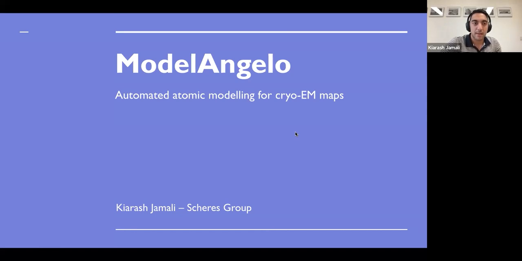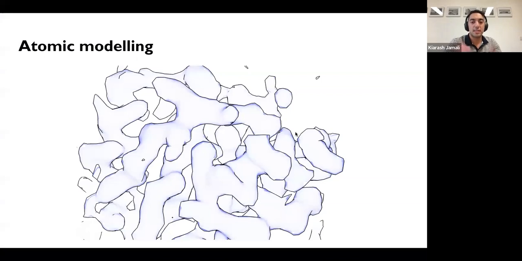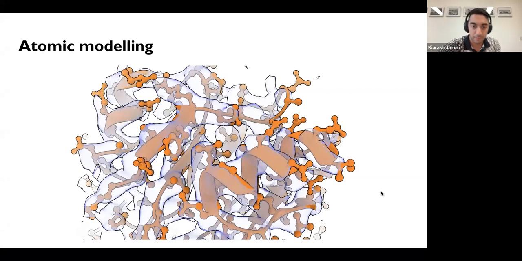So this is a cryo-EM map, and we want to build an atomic model into it. The way this is normally done, if you want to do it de novo, is you basically do it residue by residue manually.